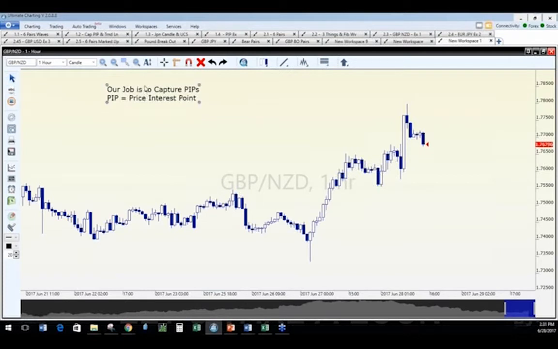And now good, I've got Fred asking, what is a pip? I'm glad you asked. What a pip is, it's the lowest unit of measurement on the Forex currency. So when you're trading stocks, you can trade like one share, okay? In futures, they call them contracts. In options, they call them contracts, okay? In the Forex market, we call them pips.